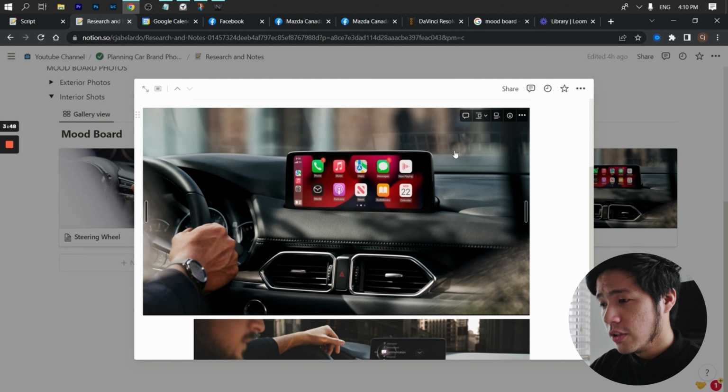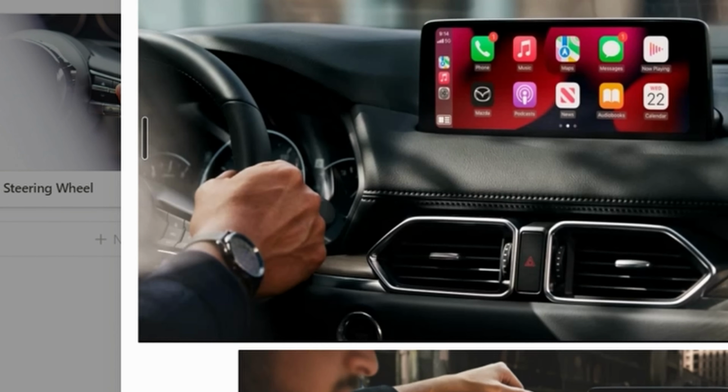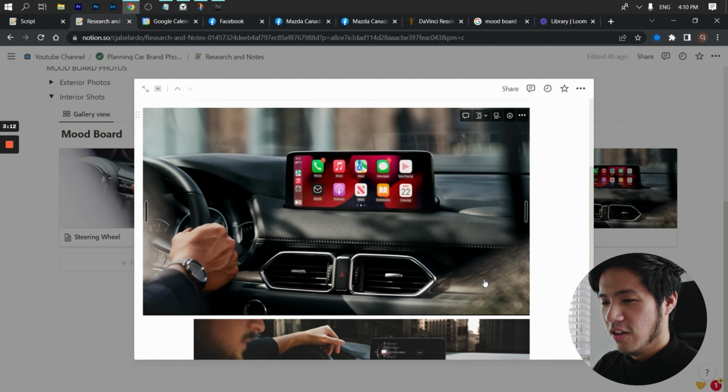So the photo is actually focusing on the screen, which is in the center of the dashboard. From there, you would have to think about what focal length the photographer used in shooting this photo. Other things going on are, for example, the hand of the driver and maybe some lens flares. You have to think about all of the components of the photo